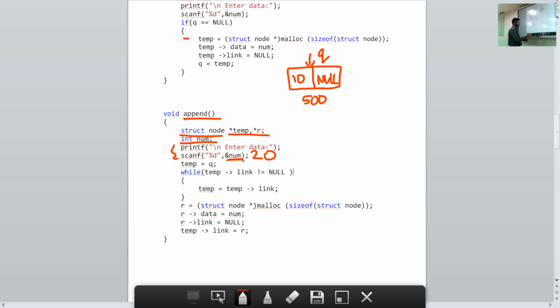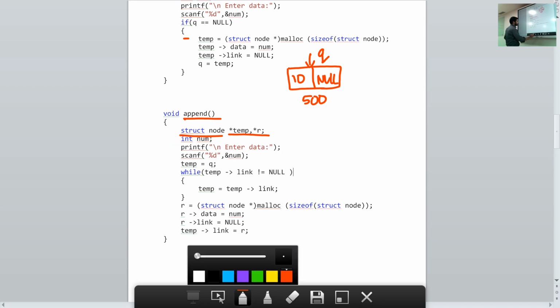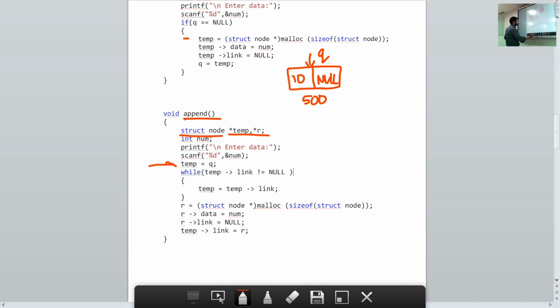So because of that, in this line here, what do we do? We assign the value of q. The value of q is 500. We assign the value of 500 to temp. So temp becomes equal to 500.